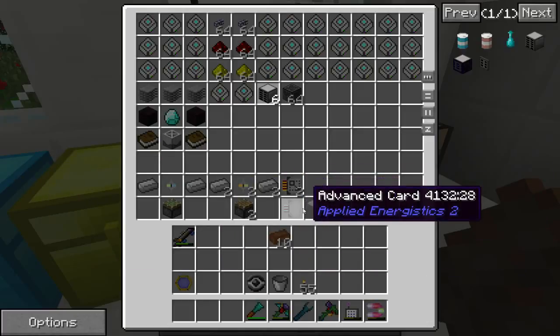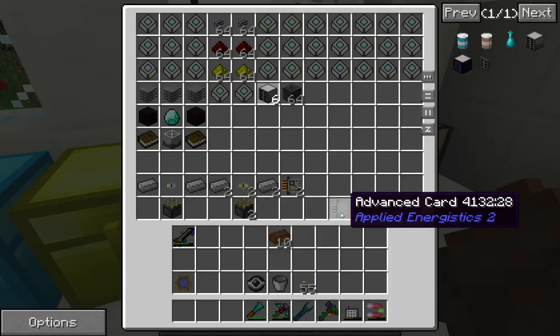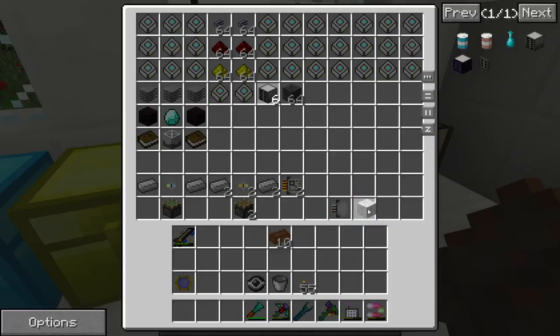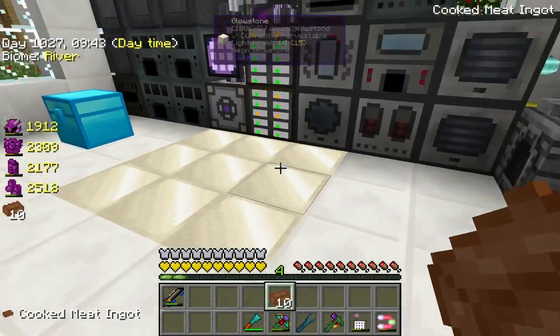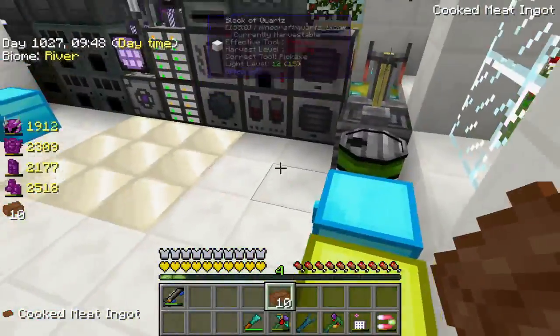I've still got some capacity cards. That's how you make a fuzzy card, by the way. We're going to need more of those, but it's one advanced card and one piece of wool. I guess because fuzzy wool, something like that. Anyway, now I've set up the